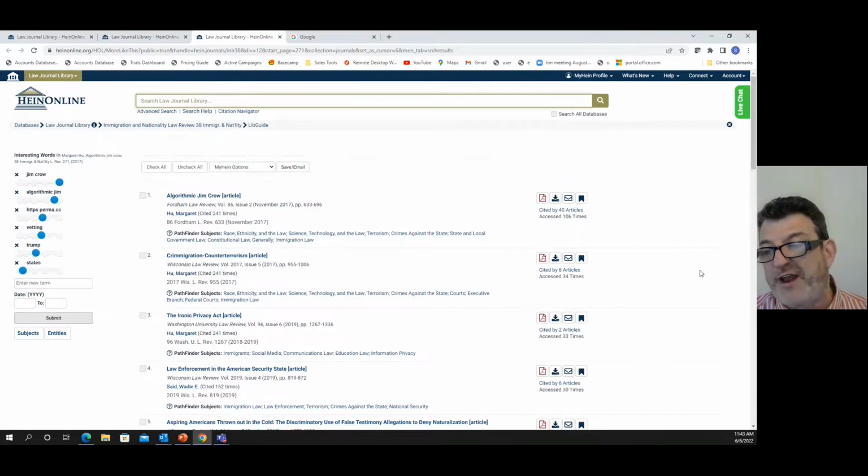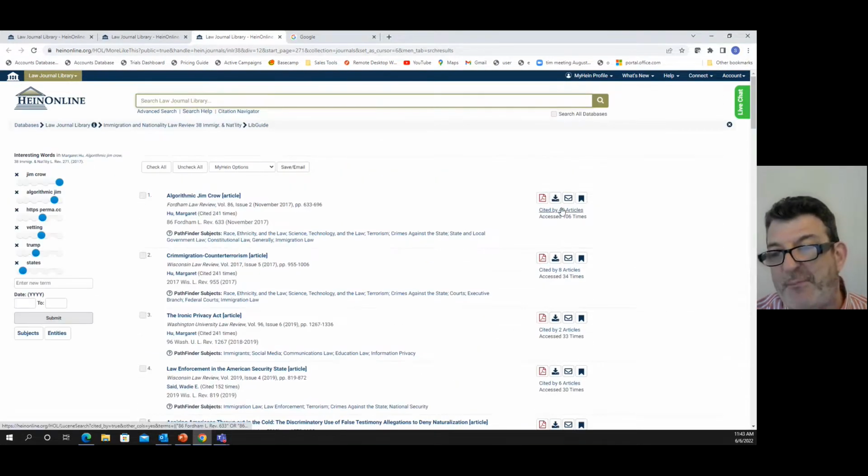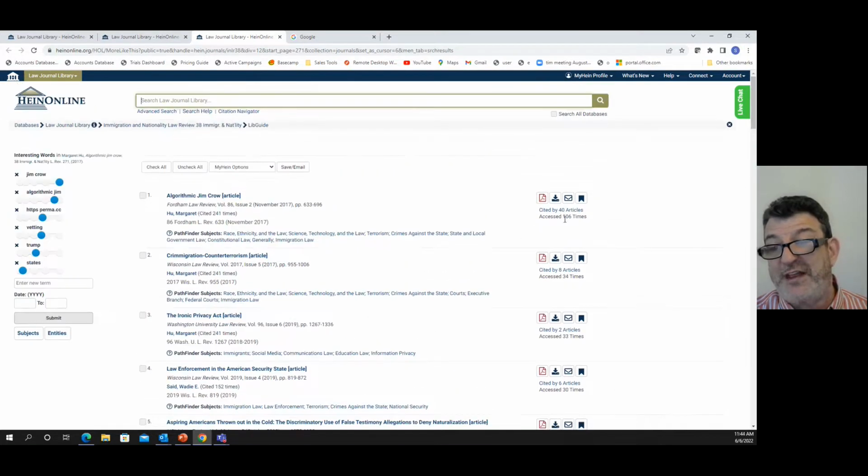You can also see this right here. What is this? This is called Scholar Check. This, at a moment's notice, at a button, shows you the other articles that cite this article. It tells you how often the article has been accessed in a rolling 12-month period on HeinOnline. Notice this article has been accessed 106 times in a rolling period. Pretty darn important. If there are any cases that cite an article, it's going to tell you that. It's going to tell you the other articles that cite the article. Also, right here at your fingertips is another place where you can download PDFs, you can print, you can email, and then we have a